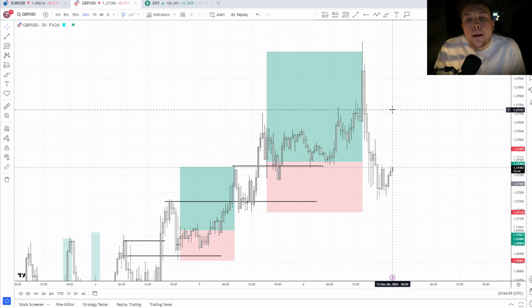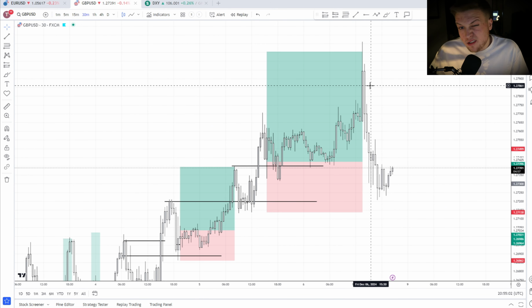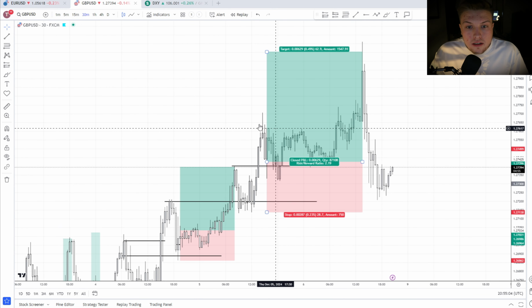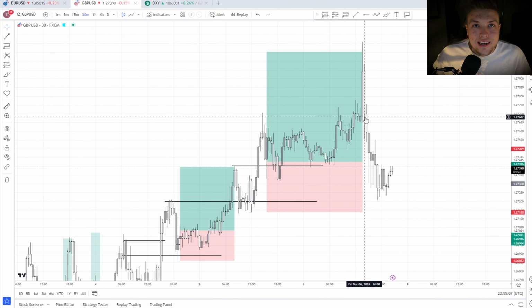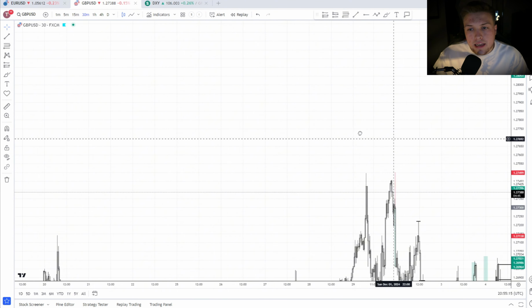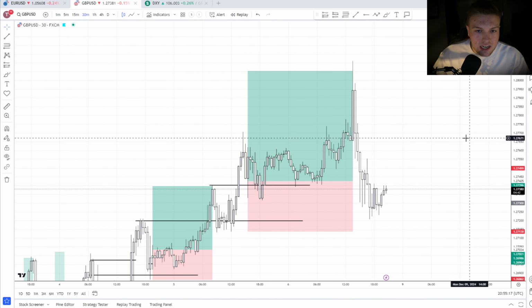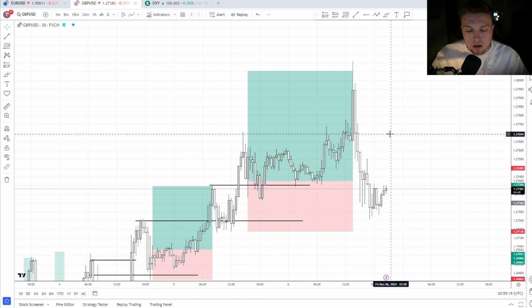Now this TP got hit during NFP, and that's fine. I was holding it to TP. You know, we were consolidating here. I wasn't exiting anytime soon. I'm not messing about. Obviously, trading news is risky, but you know, it's a challenge account, it's a demo account, you can do what you want. And with my back testing, you know, I've always held through news. Okay, so I know that it's tested in my strategy and it's fine for me to do in the live